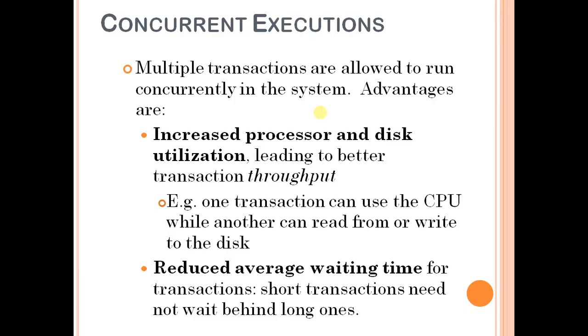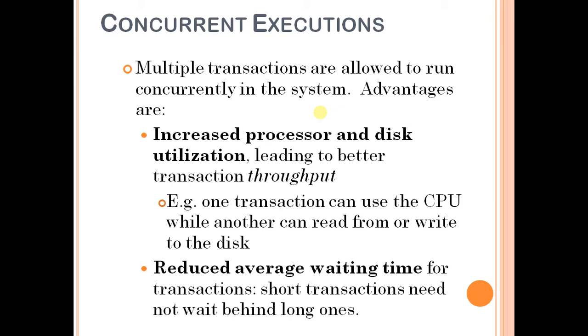So concurrency means more than one transaction is allowed to be executed in a system, which means that the CPU can execute multiple transactions at a time, and those transactions may or may not access a common data item. Like for example, in the case of bank ATM transactions, thousands of people are doing ATM transactions across the country. However, most of them are designated to different accounts. However, very few transactions can access a single common account.